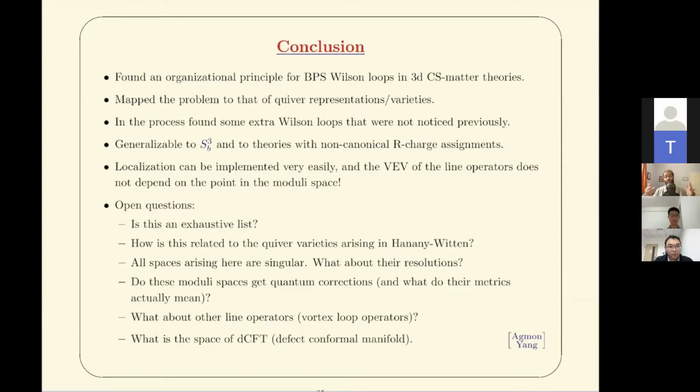This description is beautiful on its own. It probably has some deeper meaning that I don't understand, but just writing it in this language and eliminating all the big matrices and ansatz that were used previously, I found a few more examples that were not noticed before. I can implement localization, but all these Wilson loops have the same vevs. The chiral drops out, so they don't depend on where I am in the moduli space. So that's a bit boring.